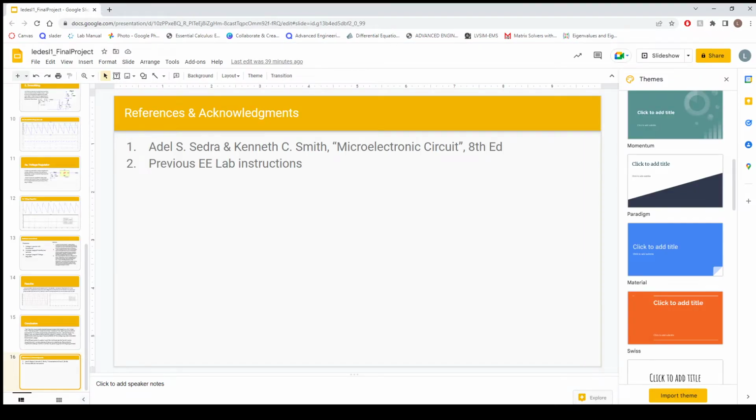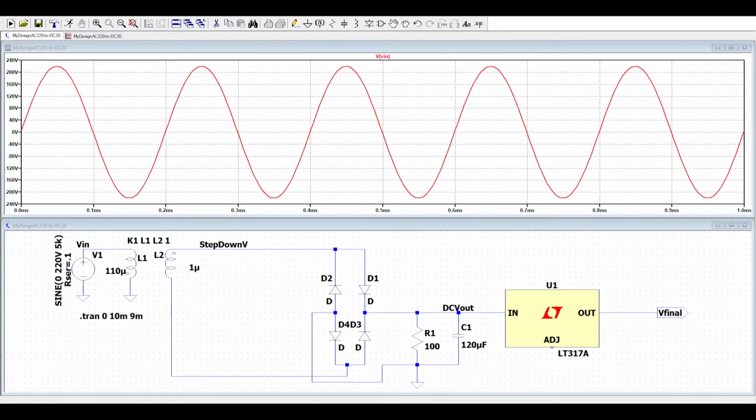Now for the demo portion, we are going to show here. This is our circuit, obviously sine wave 220 volts, 5 kHz, internal resistance 0.1 ohms. We gave it a bit of time for steady state, and here is our first stop, which is V in. As you can see here, at the bottom it says 220, just about. So next we're going to do